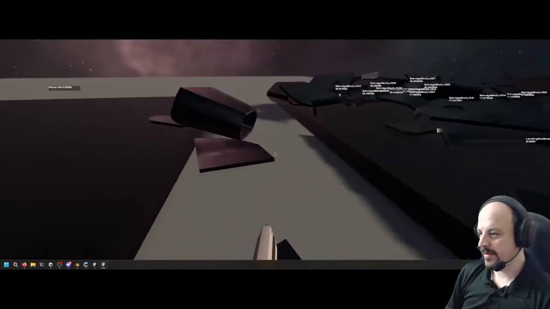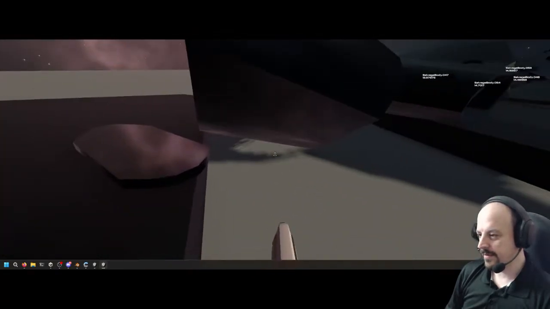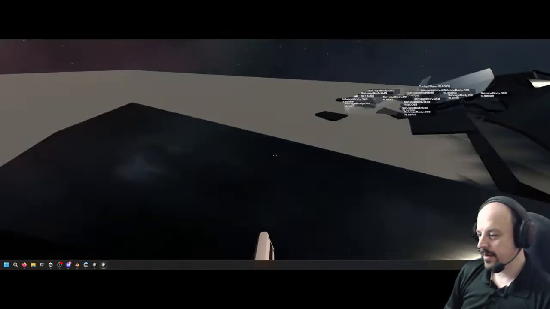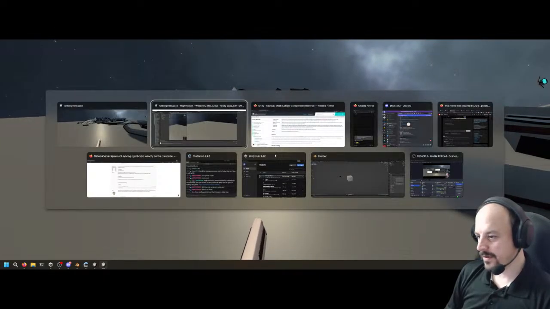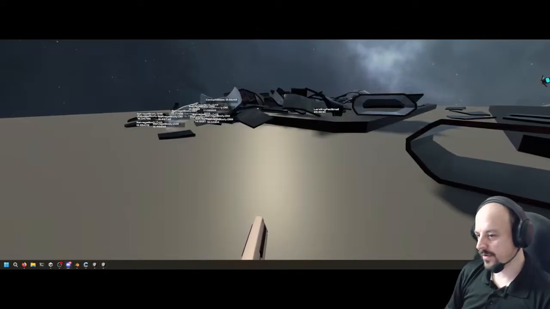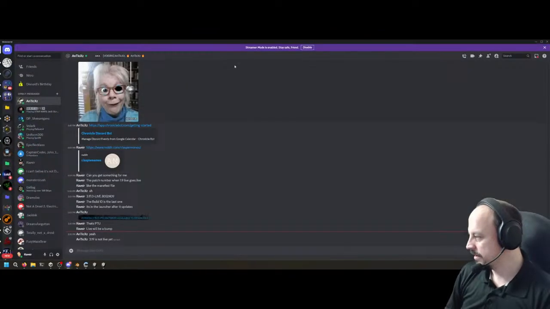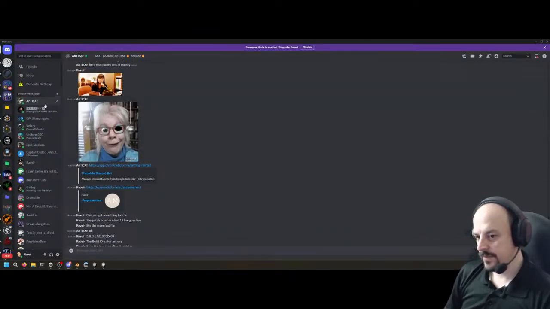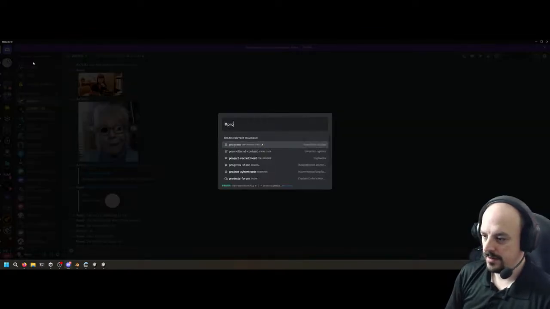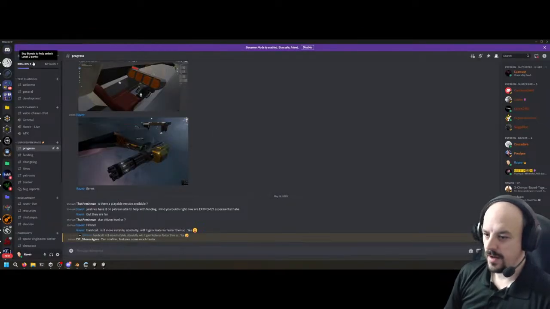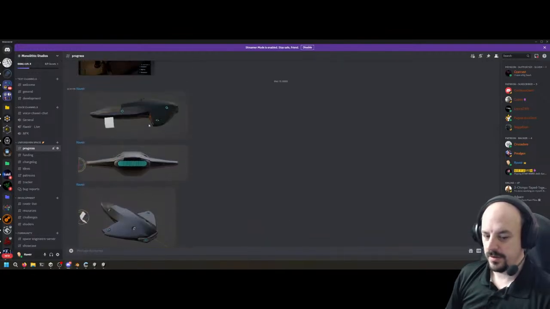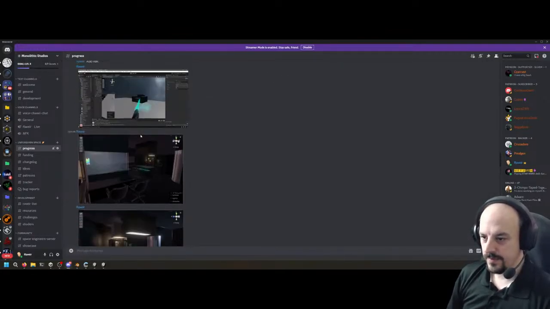Every time I build a shield, I go crazy with it, and then I never get what I want. I don't know. I'm either overthinking it or just being dumb or something. But it's in progress here, right? So I thought I had the perfect shield a few months ago.